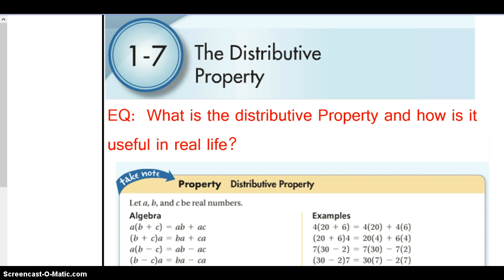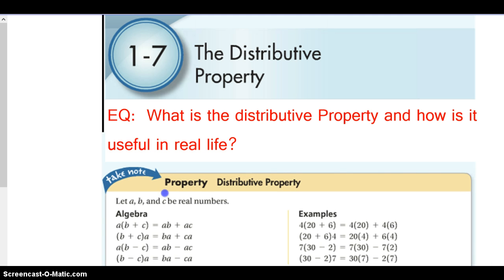Your essential question for the day, please get it written down. What is the distributive property and how is it useful in real life? This is one of those properties that you actually will use a ton in your life. At Walmart today I used the distributive property, and so we'll do some examples that show you how you do that. I would love you to write down, please, this little